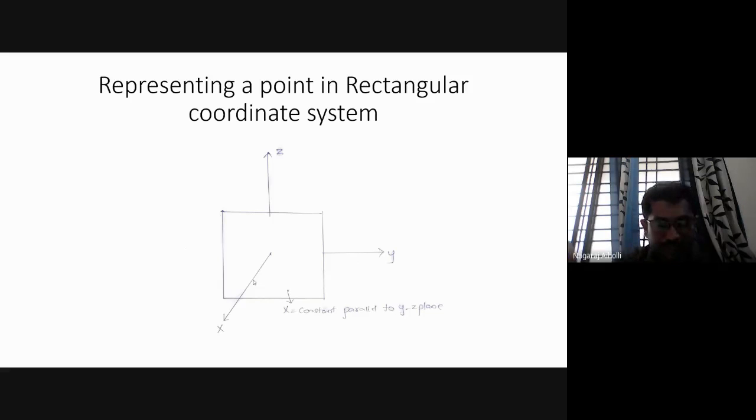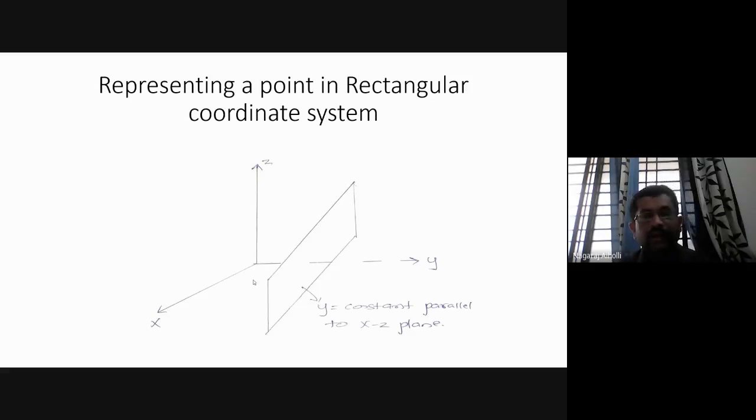You can see here, this is our x, and the plane is cutting the x-axis. Is it not parallel to the YZ plane? YZ is the opposite plane. So it is cutting the x-axis at some coordinate, which is constant throughout, and it is parallel to the YZ plane. So this is the x equal to constant plane, which is parallel to YZ.